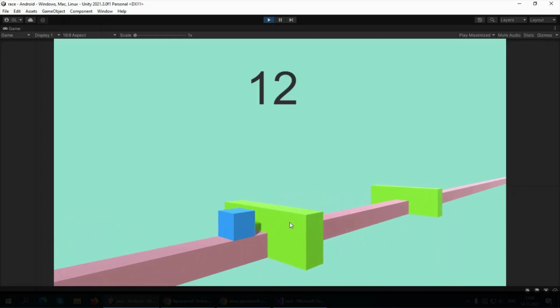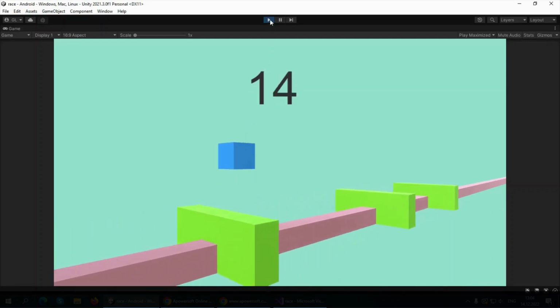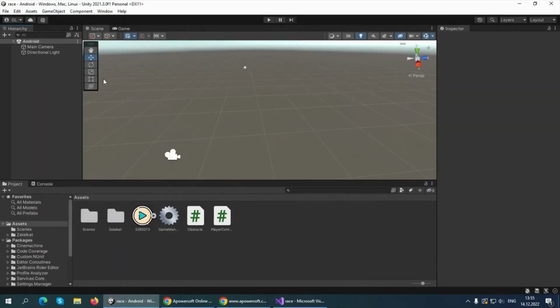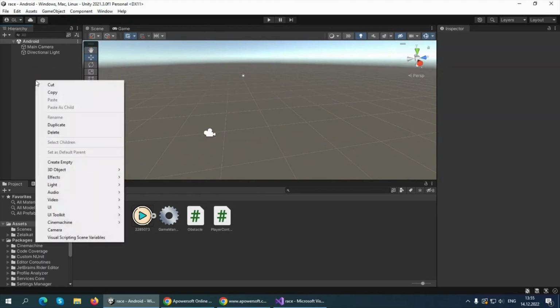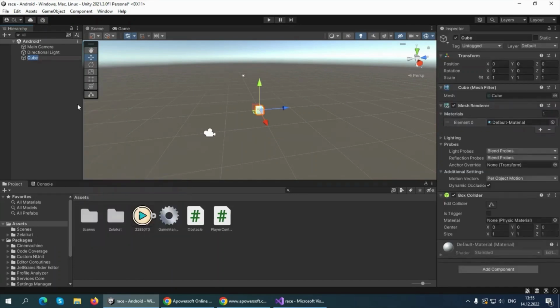Now, without further ado, let's get started. Alright guys, I set up this simple 3D default scene, and we will work here. To start with, let's create our first 3D game object. To do it, in the hierarchy, click on the empty panel, 3D object, and cube. Let's rename it to be a ground,